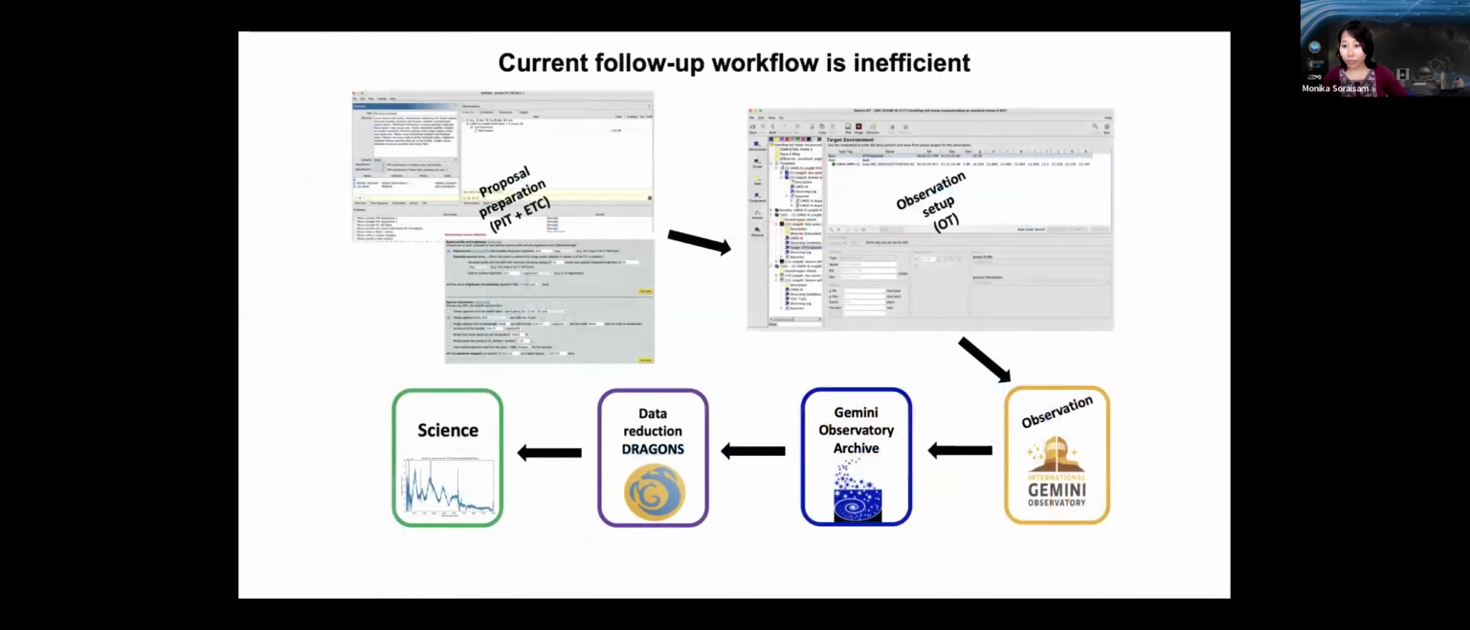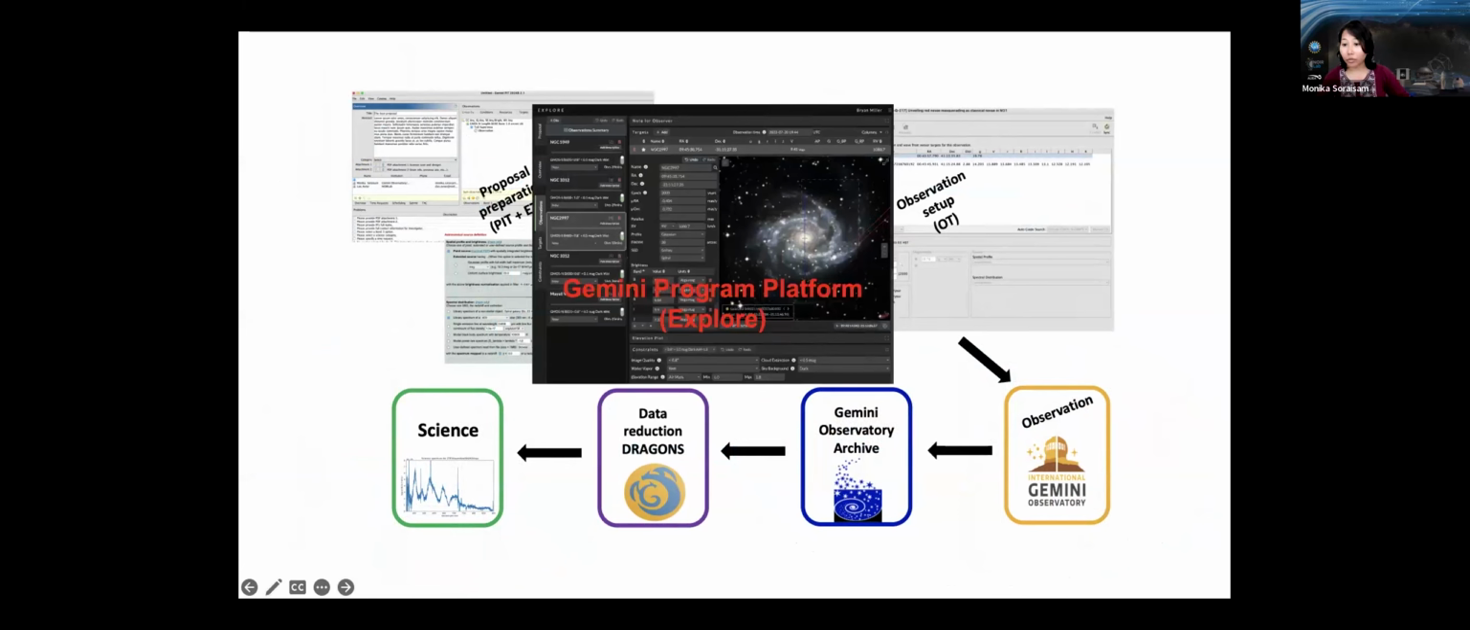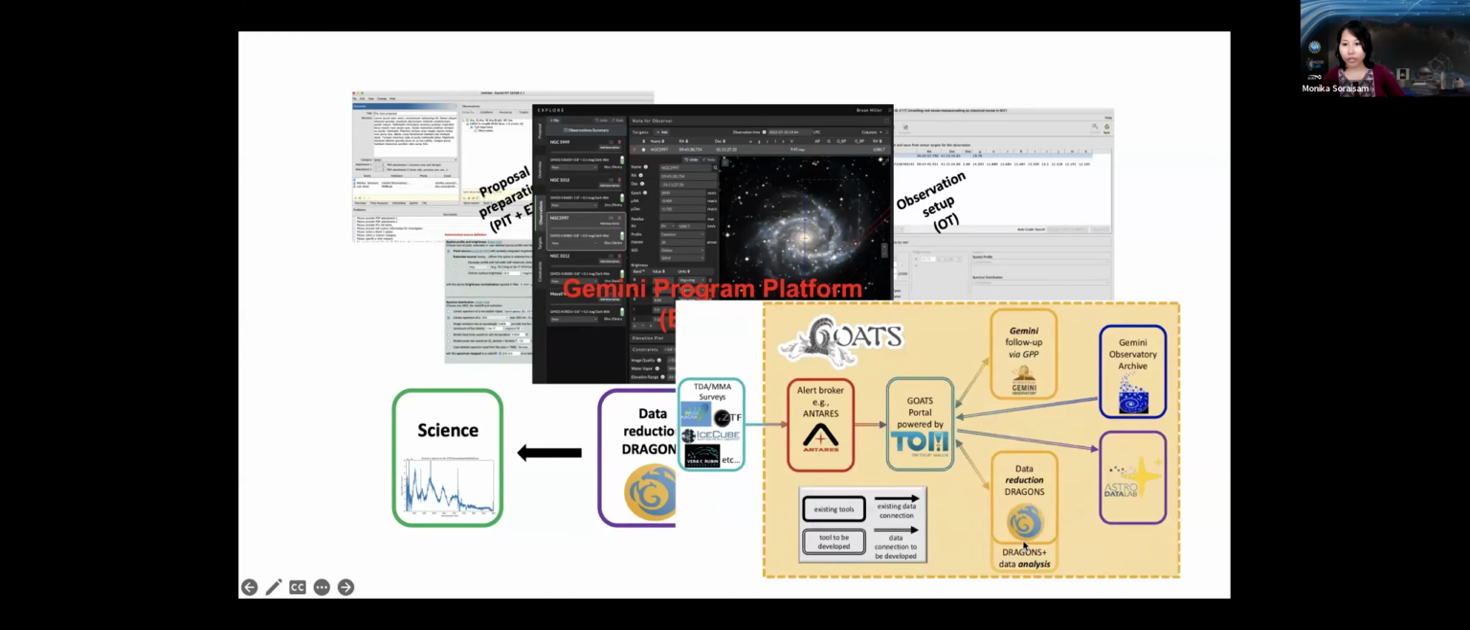Just to highlight how cumbersome the process can be, this is an example. This is the current workflow at Gemini, and at each and every step here, users have to deal with a different service. Evidently, this has become a very tedious process. However, there's active development to modernize the software infrastructure at Gemini. Very soon, the proposal preparation and observation setup will be done by a new web-based application, which we are calling Explore. This will be part of the Gemini program platform, which Brian will discuss in the next talk. And to navigate the rest of the other steps, users will now have a new tool called GOATS,